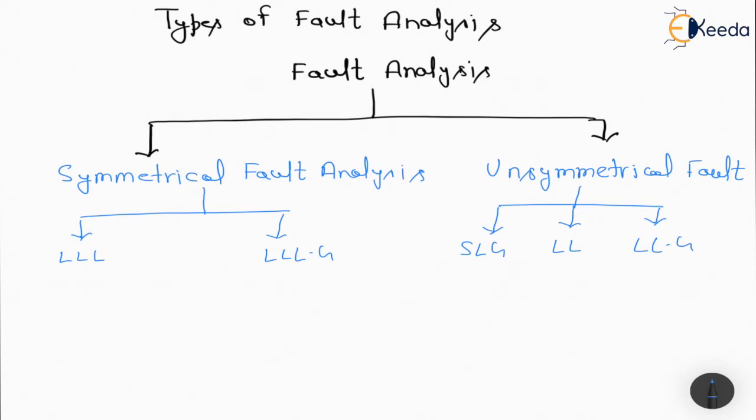Let us understand the types of fault once again. If we have one question given, this is 100 ampere, this is 100 ampere, and this is 100 ampere. So guys, which kind of fault is it? All the magnitudes are the same, but we do not have the same angle, that is not 120 degrees. So this is an example of unsymmetrical fault. The condition is that all three magnitudes should be equal, as well as each phase should have an angle difference of 120 degrees. So here it is all about the types of fault.